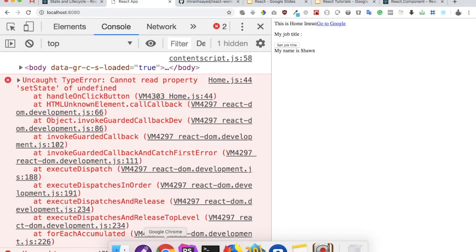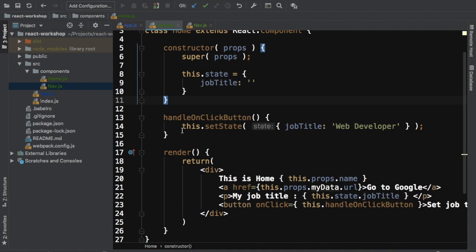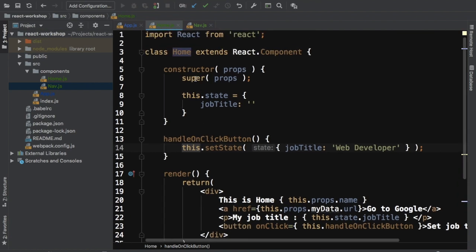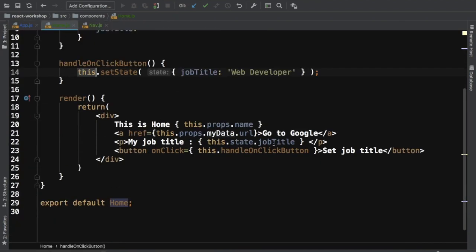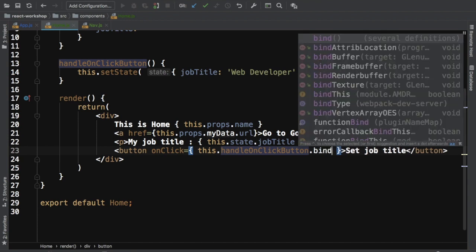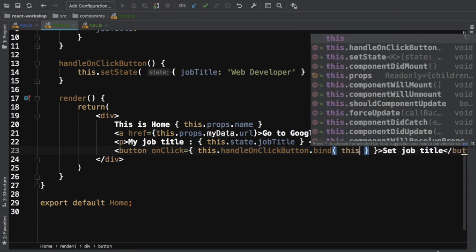The reason for this is, guys, that the this we are using over here is actually pointing to this function. It is not pointing to the class. We need this to point to the class. So there are two ways that we can do it. The first way, we can bind this. So we can say this dot bind this, and now if I check